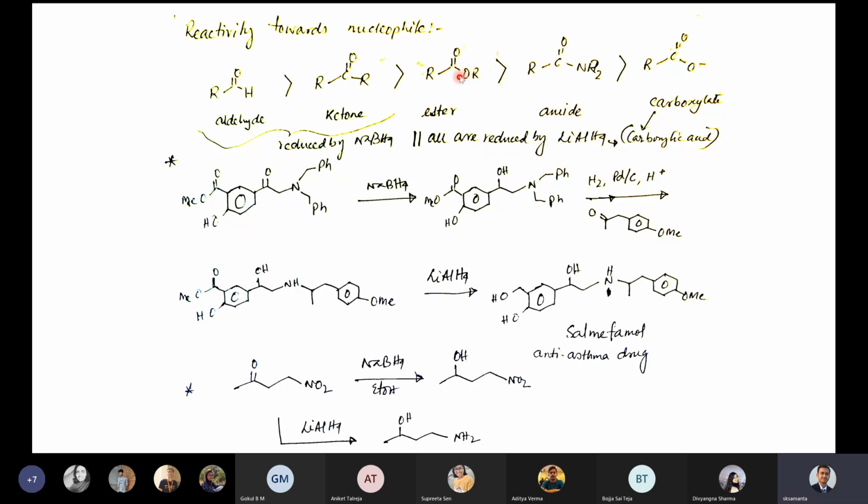Because in carboxylate, there is a negative charge, so this is constantly in resonance, correct, in conjugation. So that means the double bond character of these two is mostly equivalent, because they are not in a negative charge but in a resonating hybrid structure, correct? So this carbon is then least reactive among all. So for amide also we can use lithium aluminum hydride.